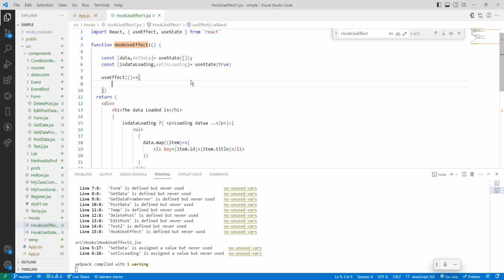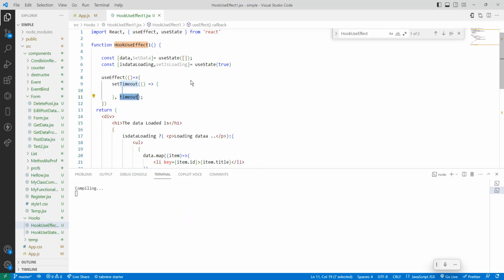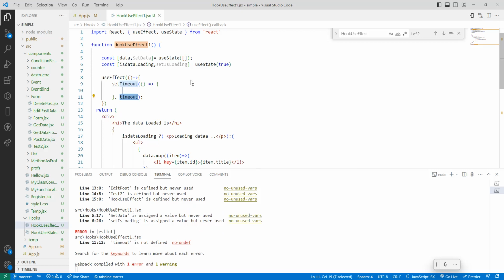So here what happens? I want to call one function, that is getting the data. Here we can use Axios. But we are calling here the setTimeout. What is setTimeout? setTimeout is a JavaScript function. It calls the API after a specific amount of time. So inside useEffect, we call setTimeout. Then we are calling the